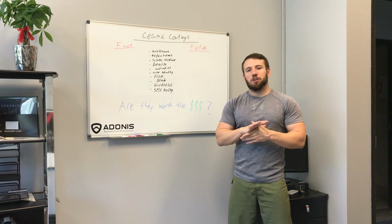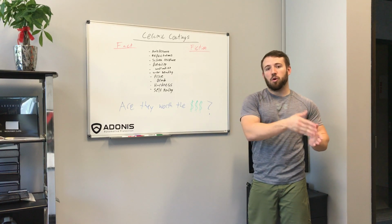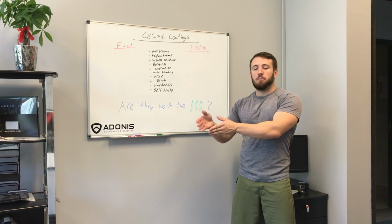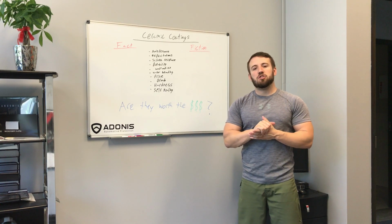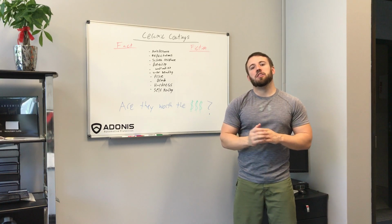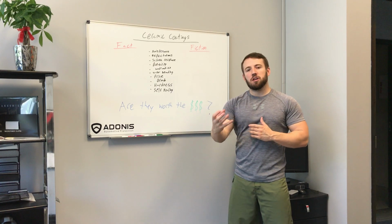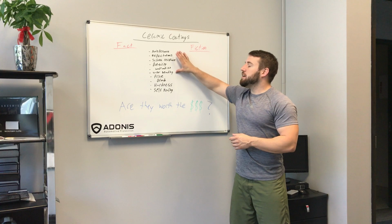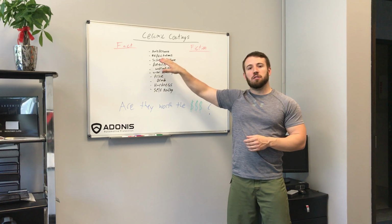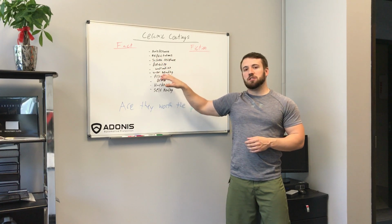Just like paint protection film, you can have the same material, the same product or same coating installed by one shop and the same coating installed by another shop, and the outcome be completely different. Once again, I do recommend to look for the installer rather than the brand of product. See some work in person, go over and communicate with the installer about your needs, about your desires, and let them tell you what the expectations are. Let them tell you what you can expect in terms of maintenance, in terms of scratch resistance, durabilities,